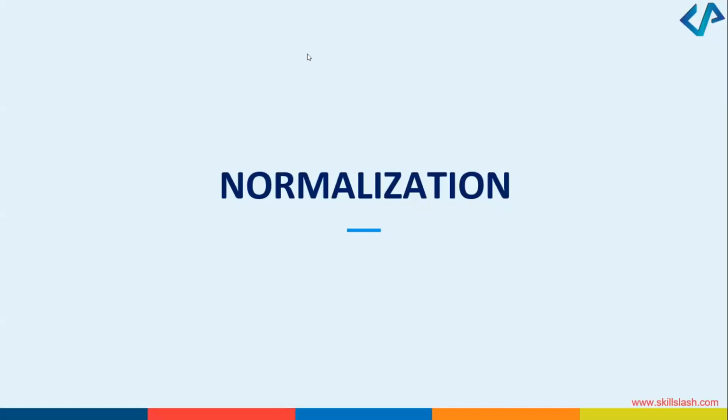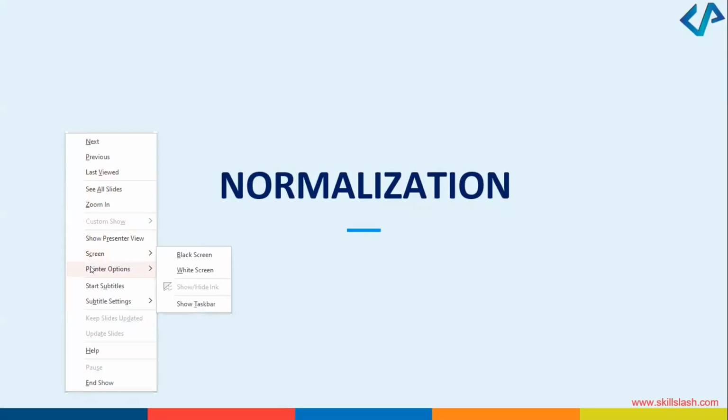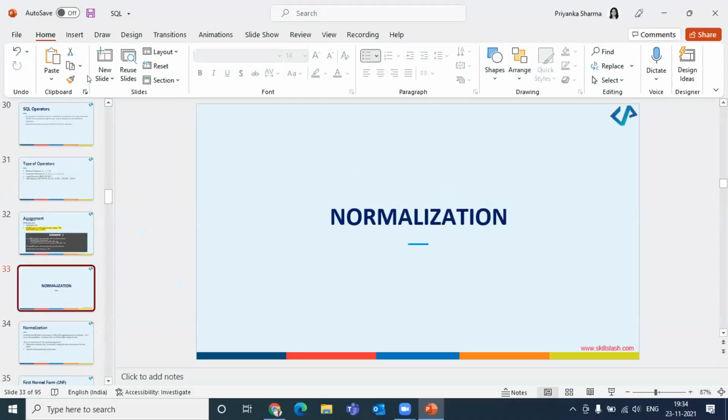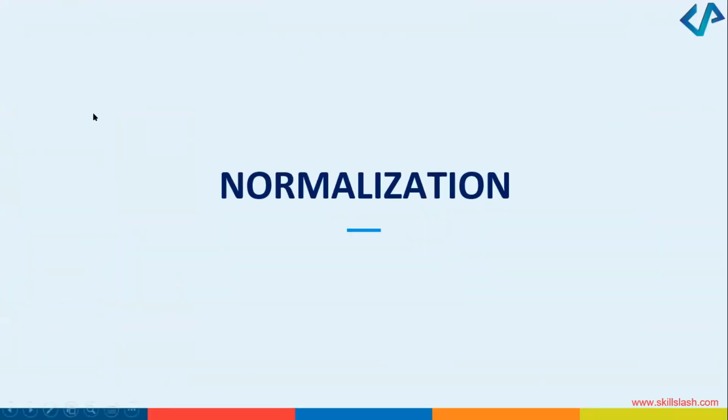Let me just open chat. Normalization, yes, we are going to start now. Example of a primary key. Let's look at an example of a primary key. So Vijay and some other people also asked this question. Let's quickly understand. Now, when I talk about primary key, it is a unique key,